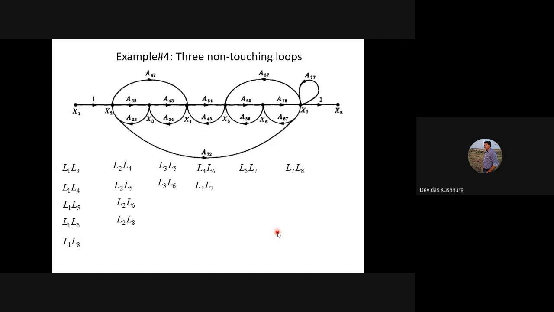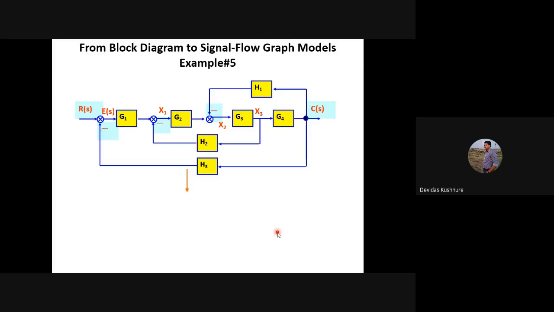Again, we have to put in the formula. Now we will see one more part of the signal flow graph, how we can convert a block diagram into a signal flow graph to find out the closed loop transfer function. So if you solve the problem using block diagram reduction, you will get the same solution with the help of the signal flow graph. Okay, your answer remains the same. Any block diagram can be converted into a signal flow graph, but the reverse is not true. A signal flow graph cannot always be converted into a block diagram. Okay, the reverse is not true.